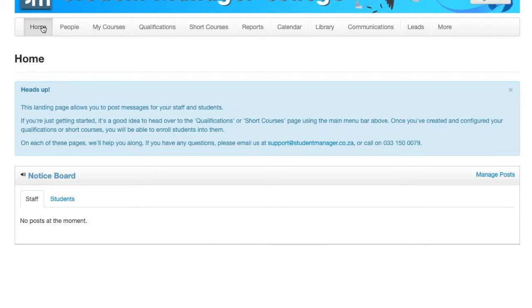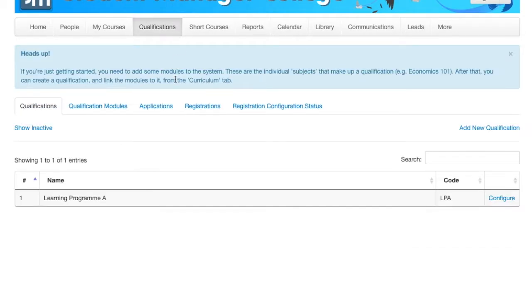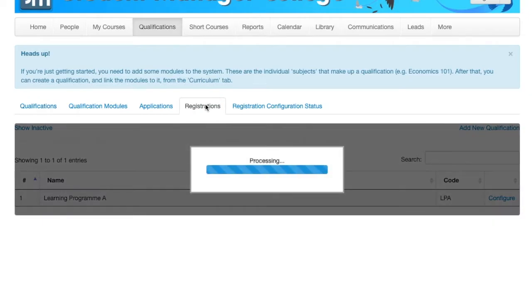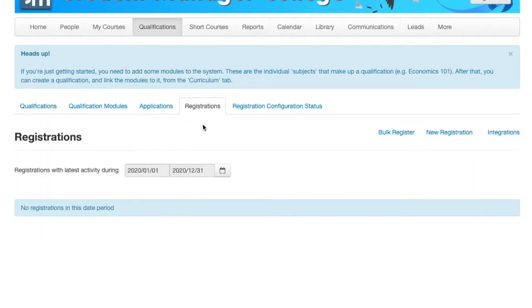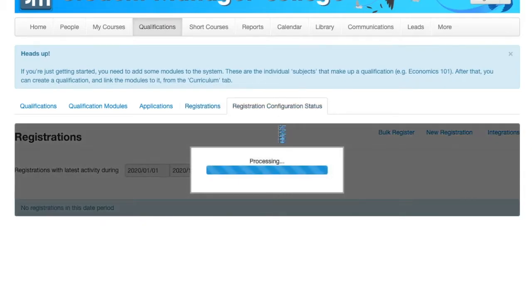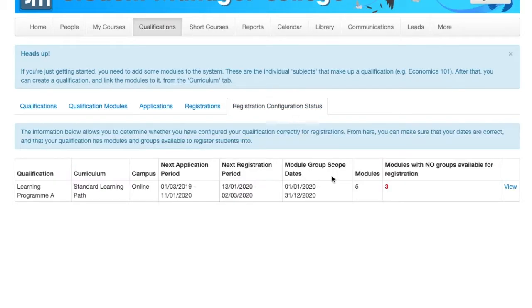Previous video covered module and course registration setup so that when registration starts for a given learner, everything is in place. Just to recap, when you go to a qualification, you can then look at registrations. This will give you an overview of any registrations which have happened. You can then go to registration configuration status, and for example, for the learning program we set up, of the